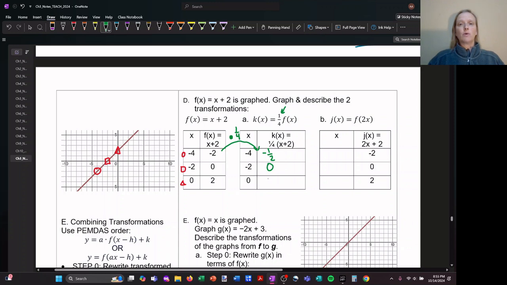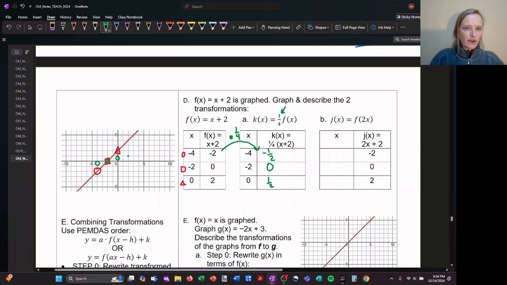And 2 times 1/4 is +1/2. So if I graph these points at (-4, -1/2), (-2, 0), and then (0, 1/2),